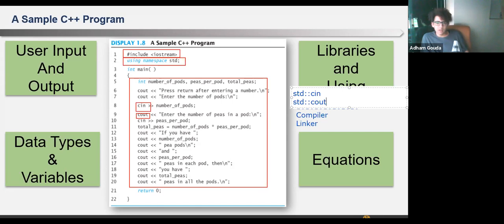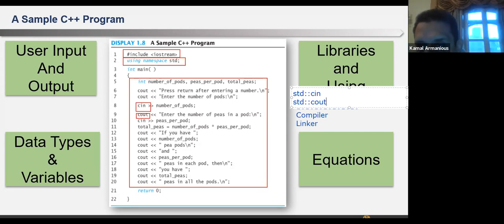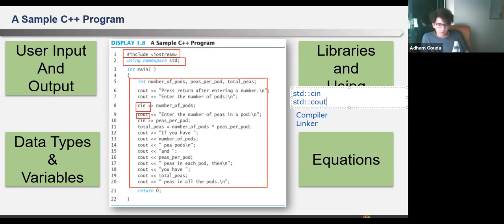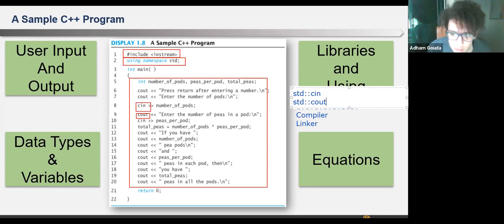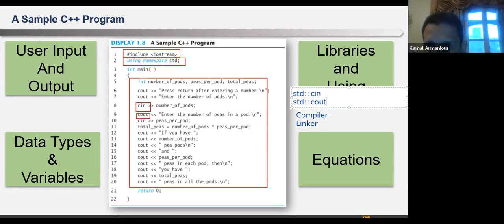Endline, I think, is also written that way. Endline? ENDL. After cout, when we want to end a line. Yes, you mean like endline?